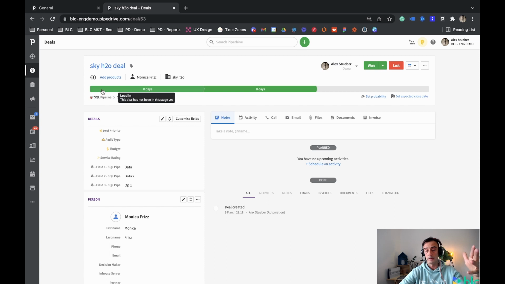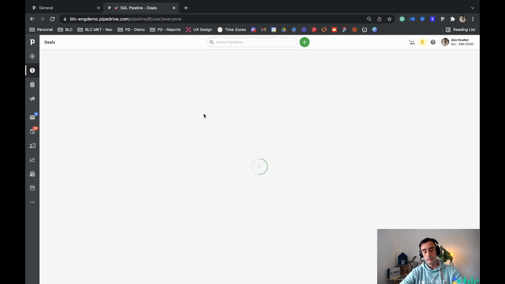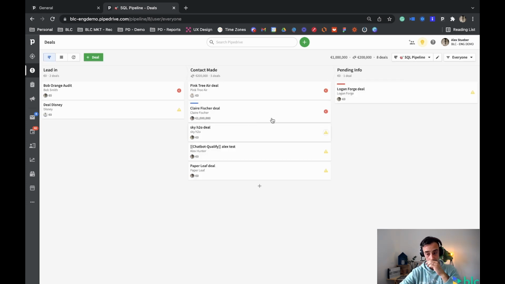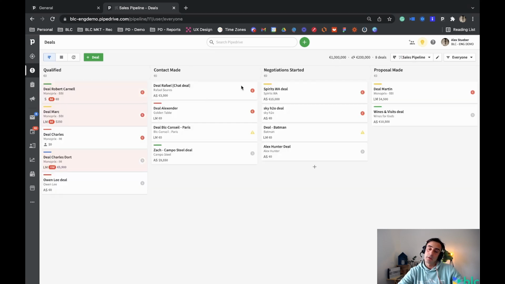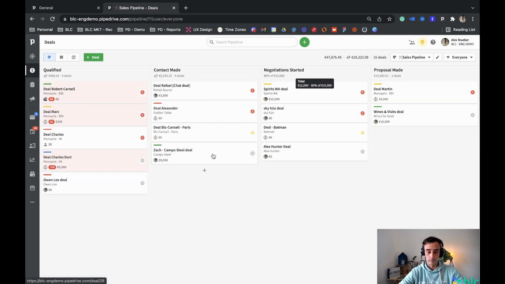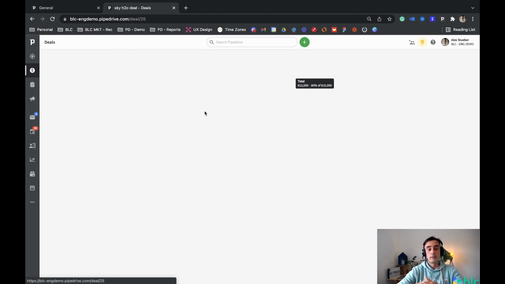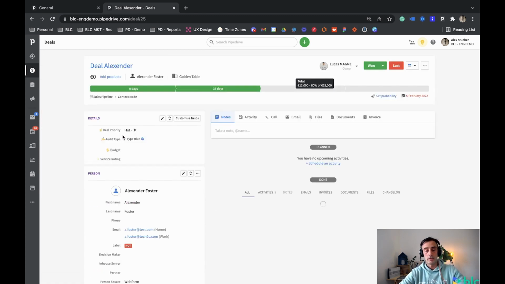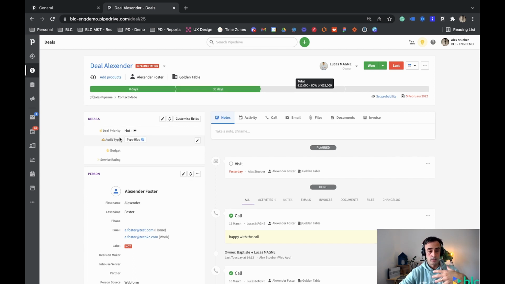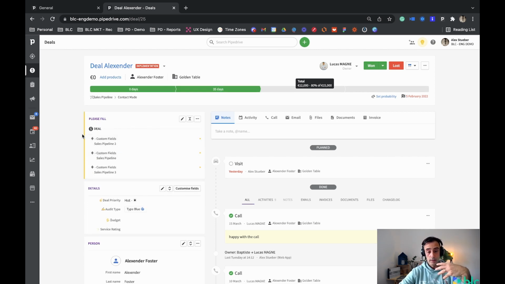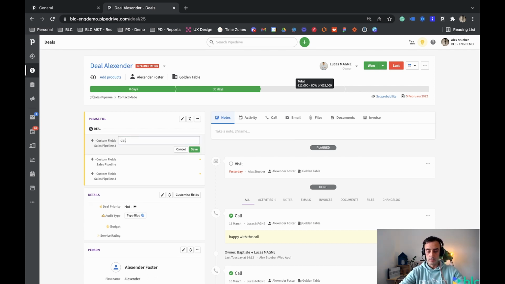or my sales or my SQL pipeline. If I move to my sales pipeline and we go in another view, let's go to sales pipeline and let's pick one here. So it's Dio Alexander. Okay, again, I already have my custom fields default ones, and now we can see that I have only the diamonds showing up and asking me, hey, we need to have data in here. So data, okay, we enter